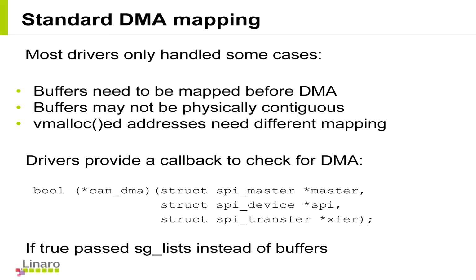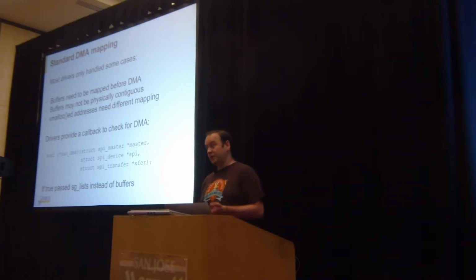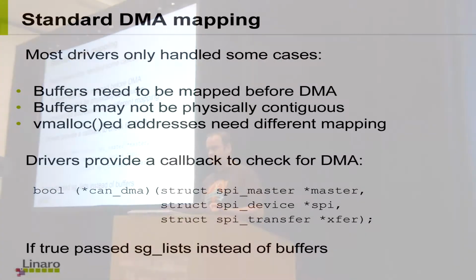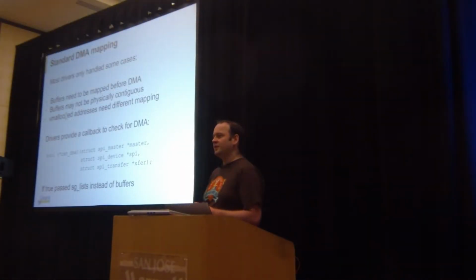Another bit of code that lots of drivers needed was support for DMA mapping. Before you can DMA to or from a device, you need to map the memory for access by the device. That's fairly straightforward. Essentially, every driver that was doing DMA was doing that bit. However, there were a couple of bits that not every driver was doing. One issue is that buffers may not be physically contiguous. So depending on how the buffer has been allocated and when it was allocated, a contiguous set of virtual addresses that the kernel normally deals with may actually be laid out